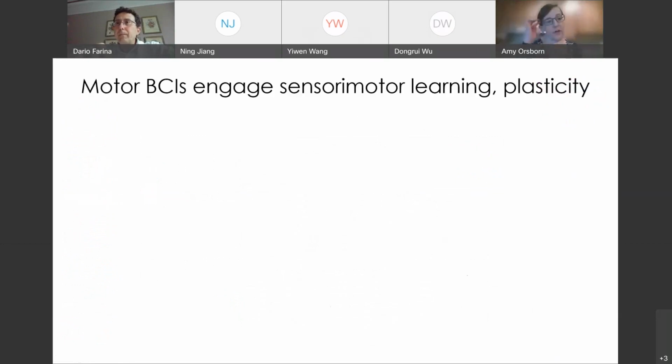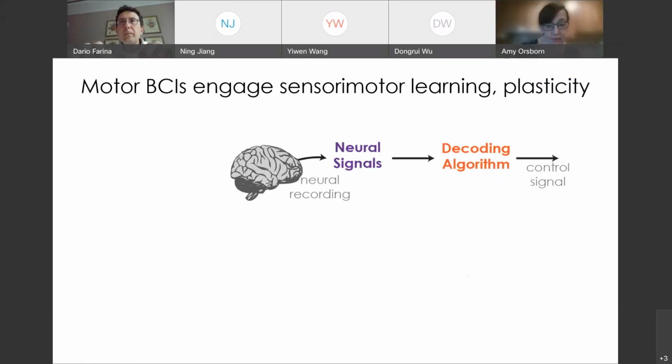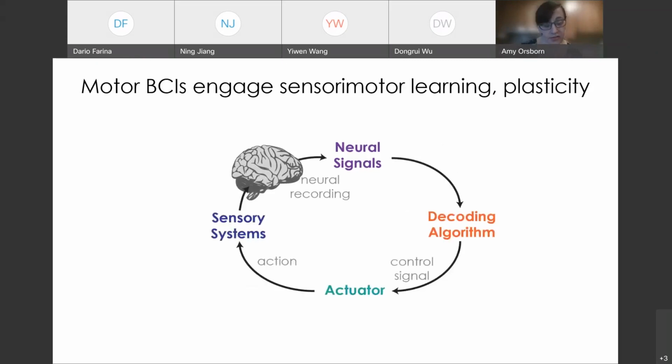My lab works on motor BCIs, which we've heard about quite a bit during this workshop. And when we think about a motor BCI, our mind often immediately goes to the decoding algorithm. If we understood exactly the encoding of movement in the brain, we could build just the right decoding algorithm to extract the control signal that we would want to send to an exoskeleton or a motor prosthesis. But this is just a small piece of what's actually happening when a user is controlling a BCI. So that control signal goes to the device that then moves, and they have sensory feedback in real time. And so the brain is in a closed loop, constant dialogue with the device itself.